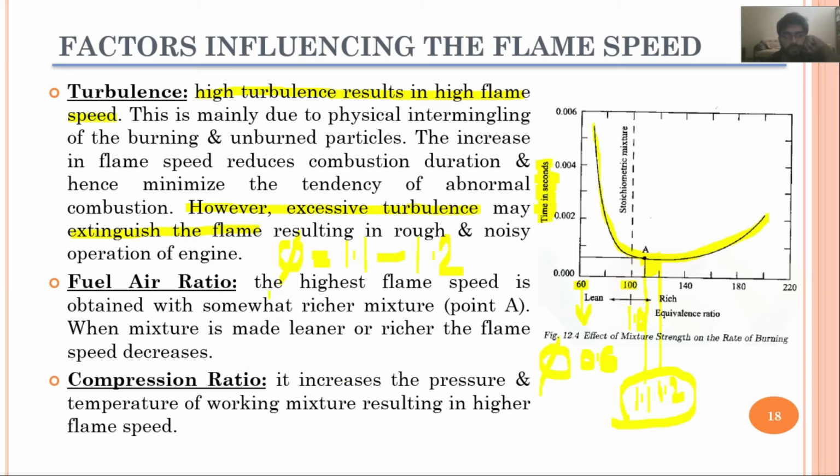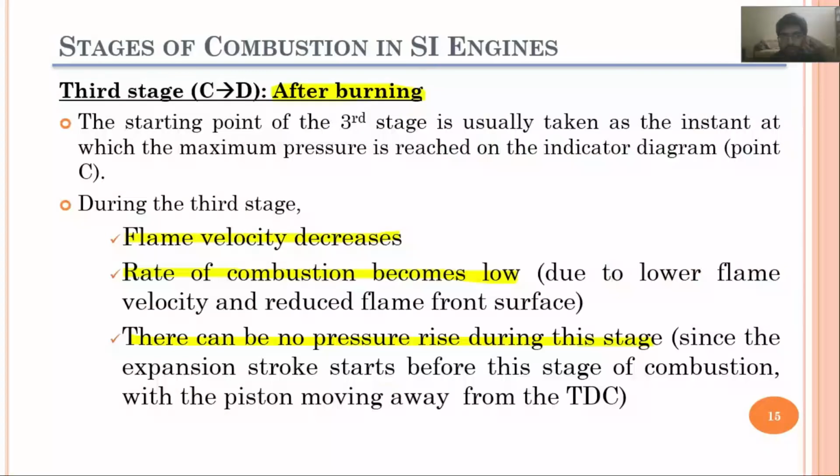So the higher flame speed is obtained when we have a somewhat rich air fuel mixture, and as I mentioned earlier, this 1.1 to 1.2 is a rich air fuel mixture. I have already explained this part. I will again mention here that